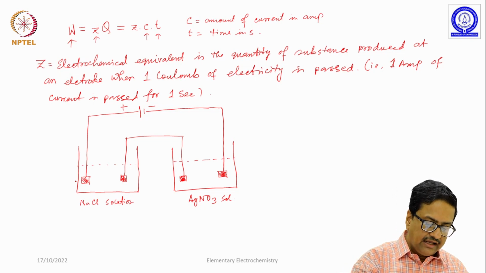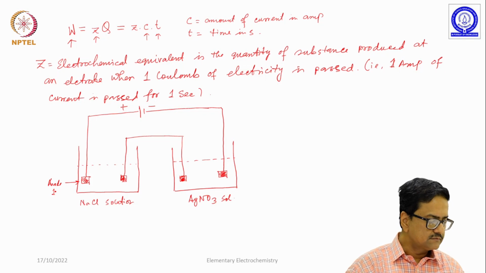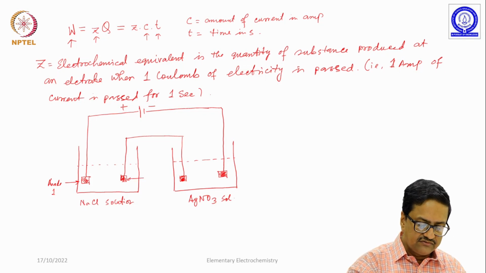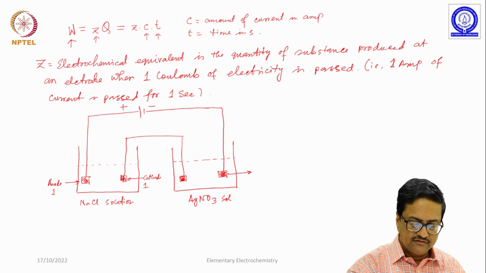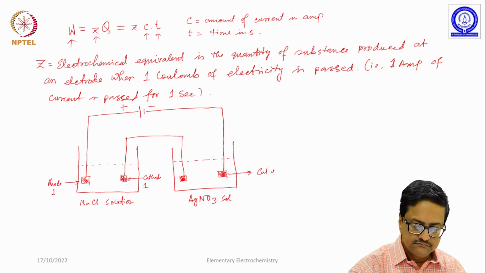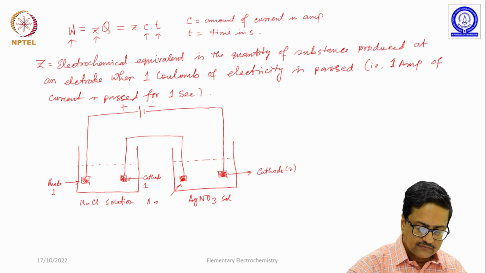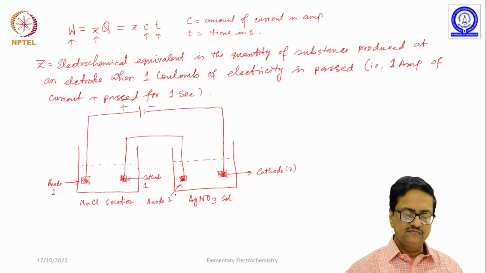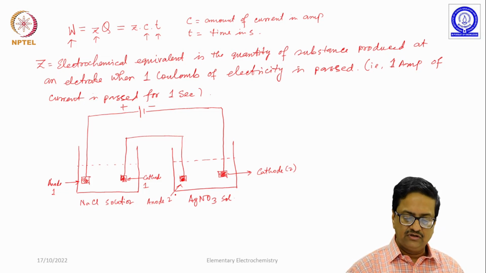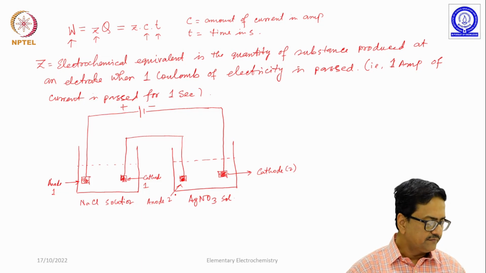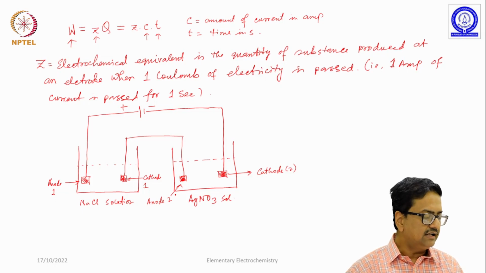So this anode, we call it anode 1, and of course this will be cathode 1. Similarly, this is cathode 2 and the other one is anode 2. So now we have two sets of systems. One side is sodium chloride and the other side is silver nitrate. So if we now try to write down the possible reactions that are going to happen,